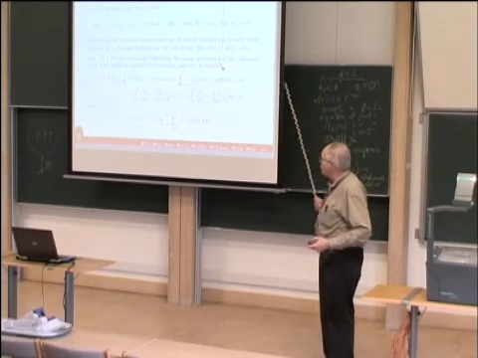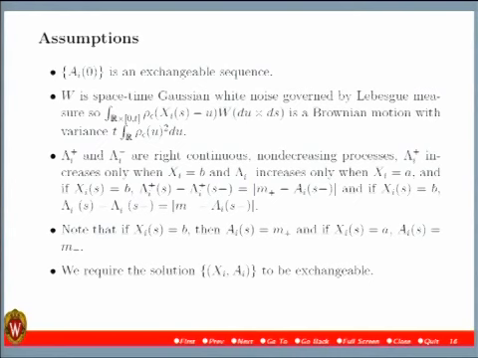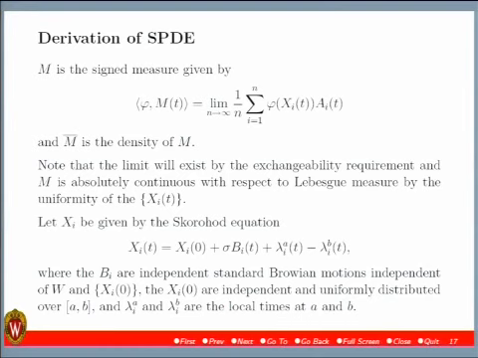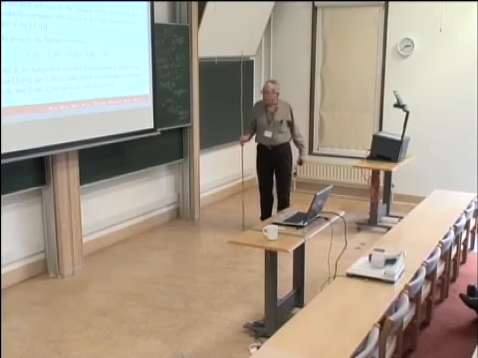Now, but it's a solution of what? Okay, there are a bunch of assumptions, and I think I've already said all of this, so I won't go through it again. Okay, so I want to derive the corresponding SPDE, and that's going to be satisfied by this signed measure. And in order to do that, I'm going to explicitly model the xi's. Remember, the xi's are supposed to be reflecting Brownian motion on the interval a to b. And this is the standard Skorohod equation for the reflecting Brownian motion.